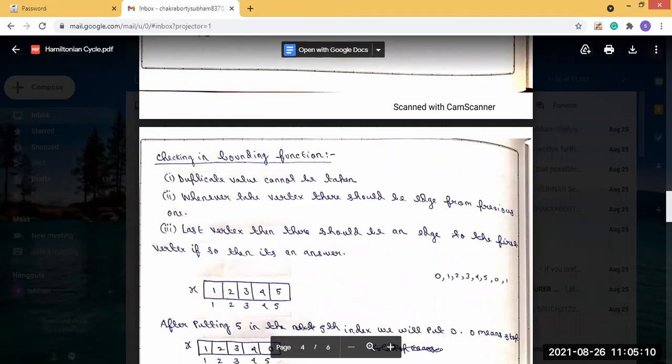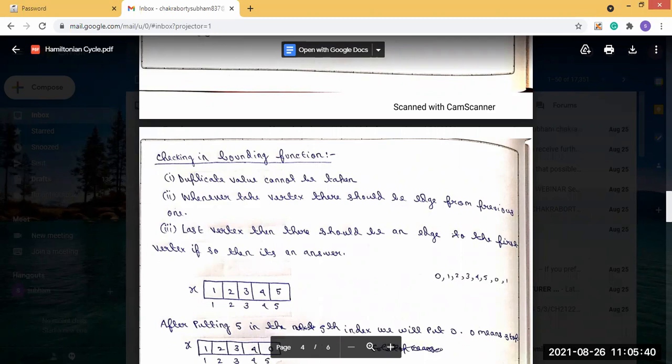So these three checking conditions we check every time to find our Hamiltonian cycle. First, duplicate values cannot be taken.